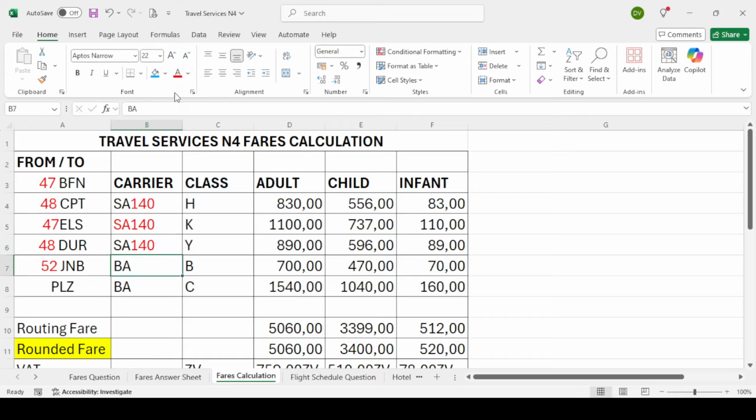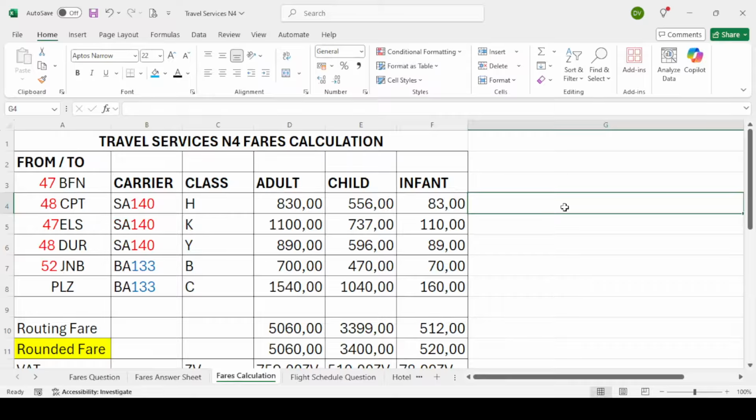And for British Airways, I'm going to use a different color. For British Airways, I'm charging 133 Rand. There we go. This way, it's accurate. Your YR and YQ taxes have nothing to do with departure city or arrival city or anything like that. It has to do only with the airline. So you forget then about departure or arrival. It's about the airline. Okay.